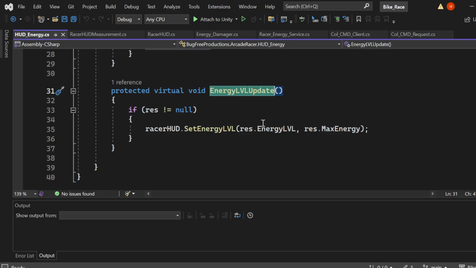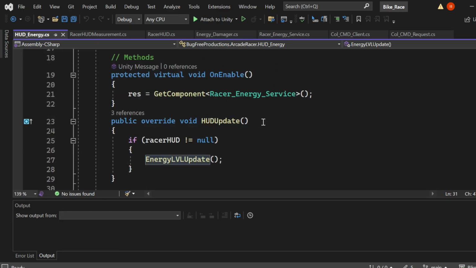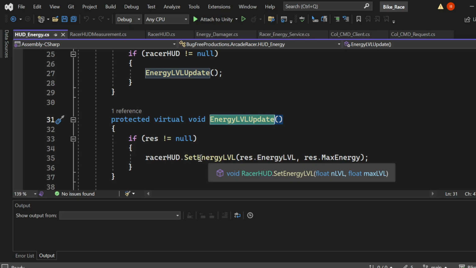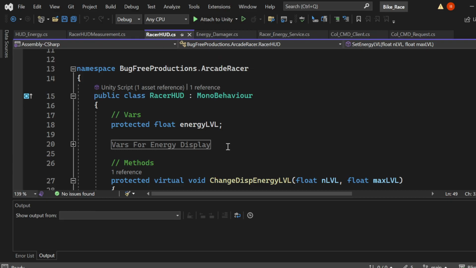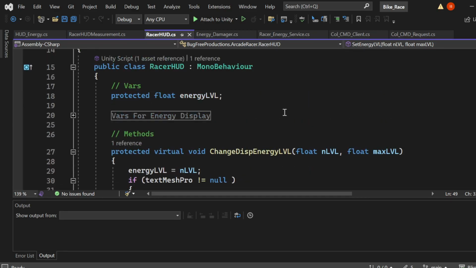We run energy level set update. I think it was right on the HUD. Or was it? Yeah, and it doesn't require